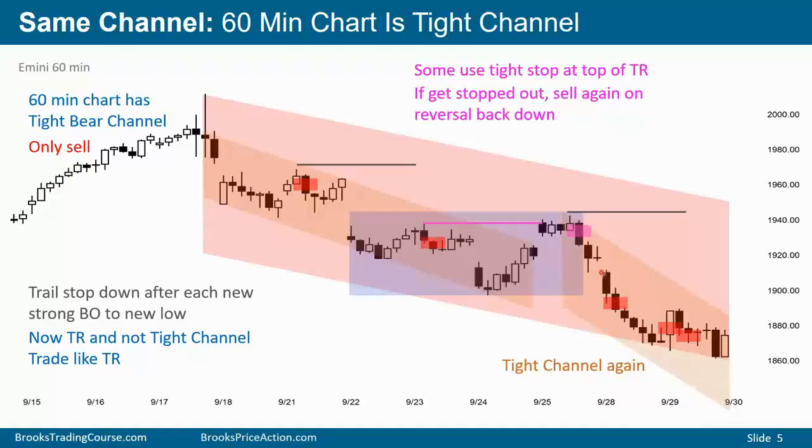Very tight channel again, in fact, very tight channel all the way through here. So traders will sell pullbacks, expecting the pullbacks only to last 1, 2, or 3 bars. For example, they might sell with a limit order at the high of the prior bar, betting that any reversal up will be minor, like this, or this.